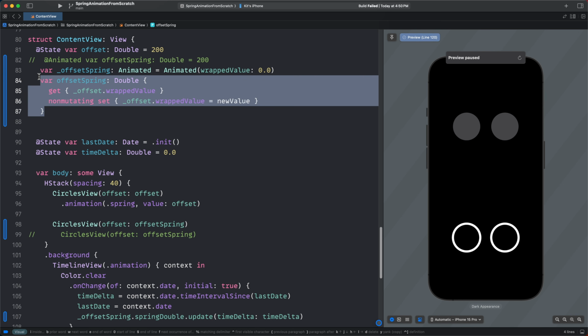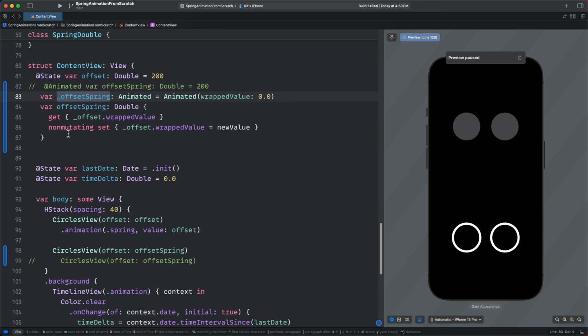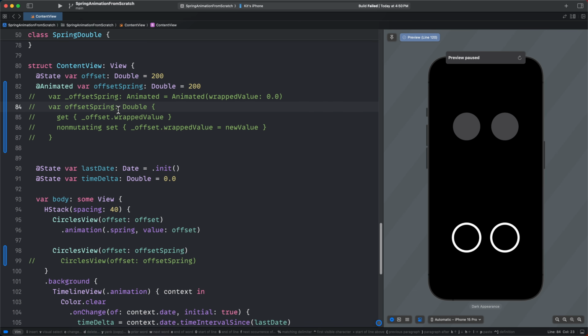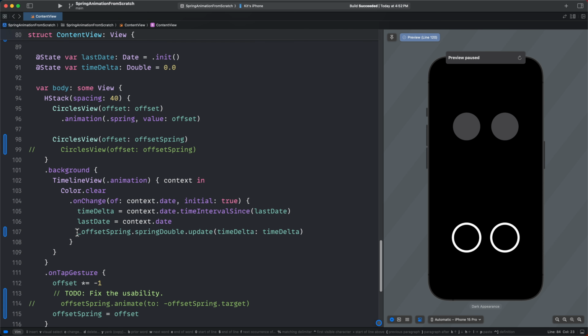So if we do this, we'll see that everything compiles just as it did before. Obviously, this is way uglier. It's not a very fun piece of boilerplate to have to write, and that's why we have property wrappers. It's way nicer to not think about this. And now there's one other nice thing that we can talk about, one other usability offering that property wrappers have